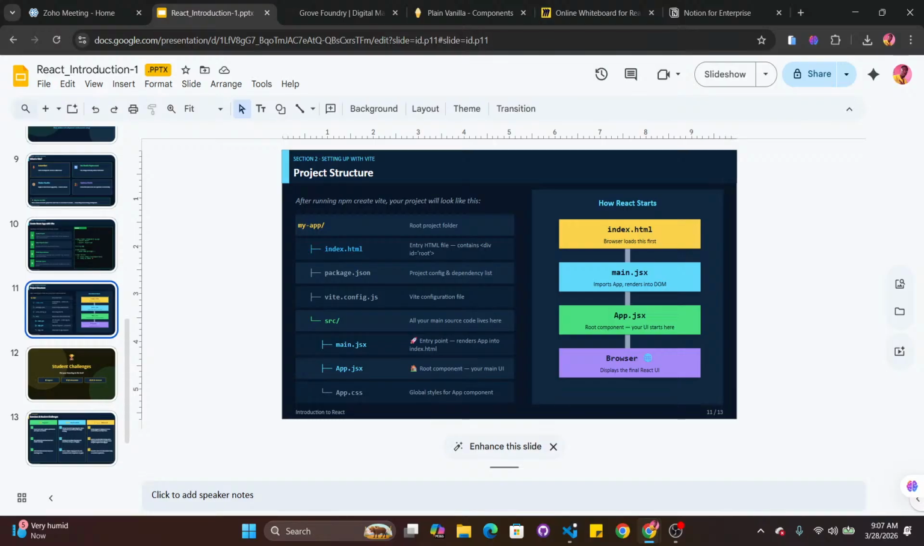After the main file, we have the app file. This is your main component where your UI starts. It's your main component. Anything you want to show on the screen starts in the app file. We also have the app.css. This is for styling your app component. Okay,